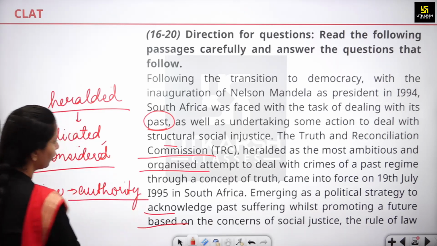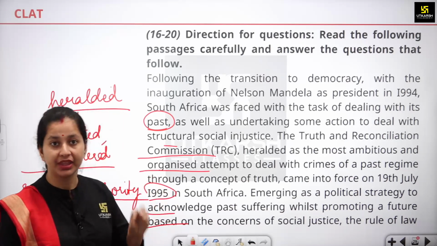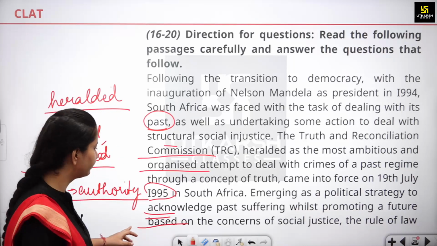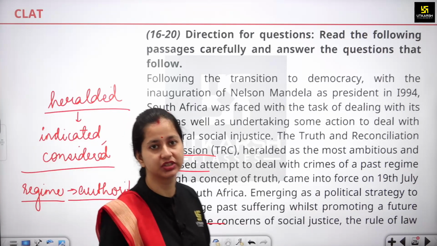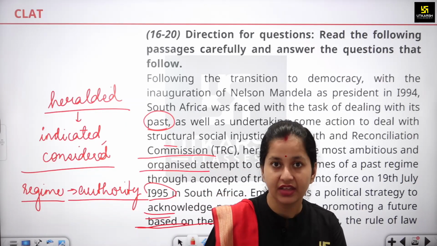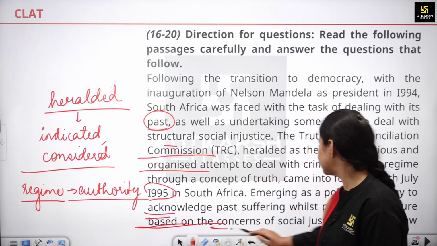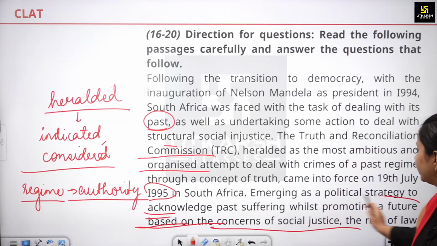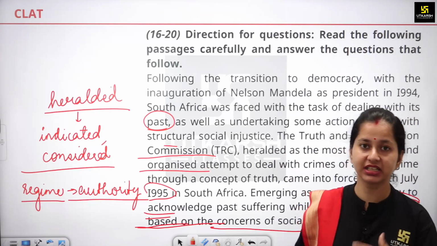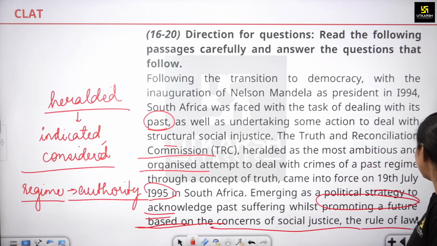The Truth and Reconciliation Commission came into force in 1995 in South Africa, emerging as a political strategy to acknowledge past suffering while promoting a future based on concerns of social justice. The main aim of this committee was to acknowledge the truth from the past regime and promote a future based on social justice, so that everyone gets social justice, and we build a future around the rule of law